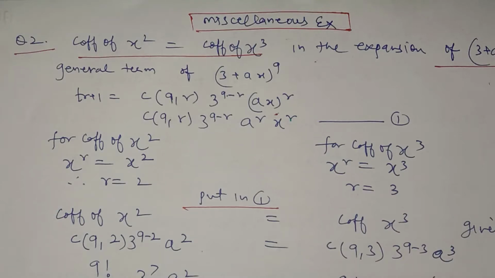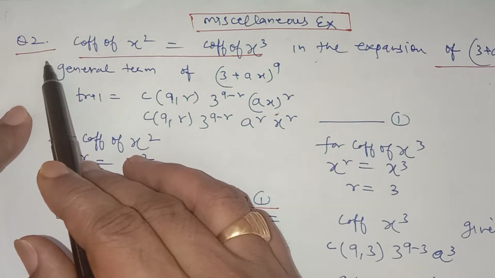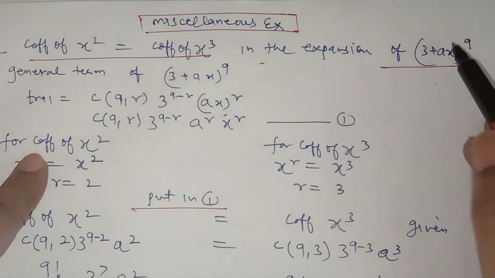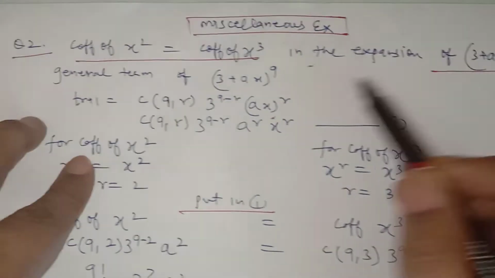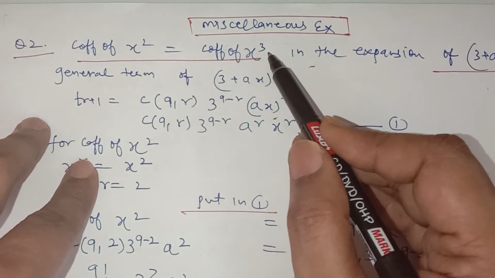Hello, this is lecture number 6 for the chapter binomial theorem, and we are discussing the miscellaneous exercise, starting with question number 2. In this question, it is given that in the binomial expansion of (3 + ax) raised to power 9, the coefficient of x squared is equal to the coefficient of x to power 3, and you have to find